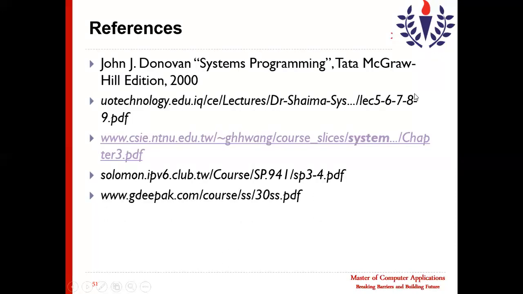So these are the references, and till this point we have discussed the macroprocessor. What are macroprocessors? What is the functionality of macroprocessor? How will a macro get defined? How will a macro be called? How will a macro get expanded? Later on we discussed the features of the machine independent macroprocessor. What are the various designs available? Thank you for listening to this video.